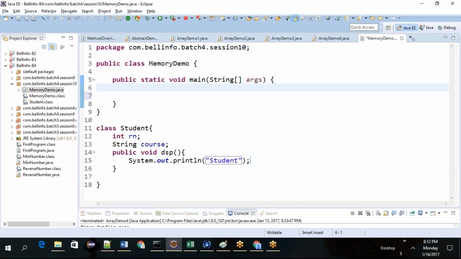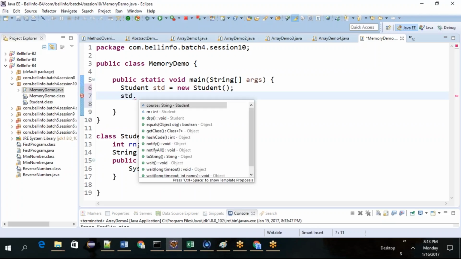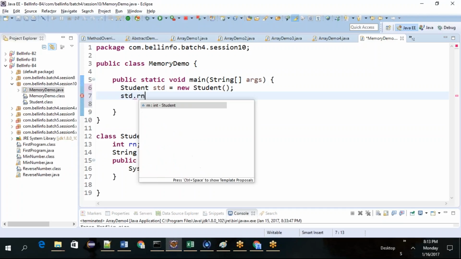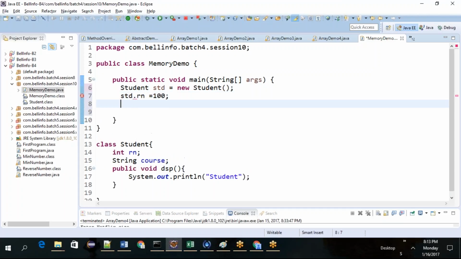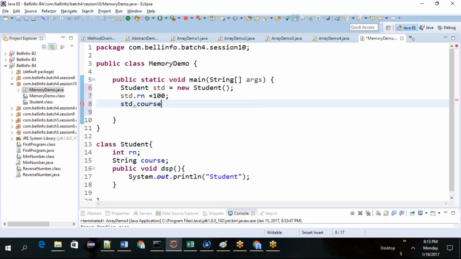So let's say we created a student, std equal to new Student, and then std.rn equal to something. For the time being, just understand that we should not access variables directly, but for the time being.